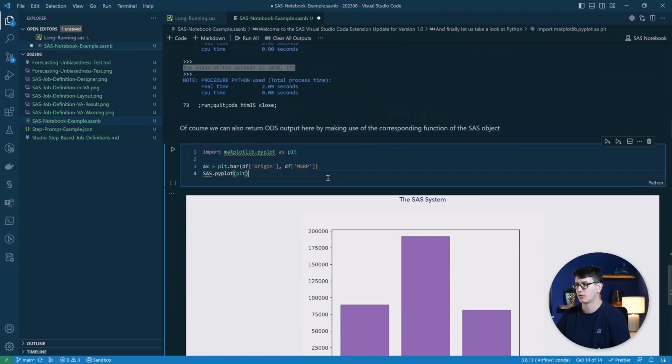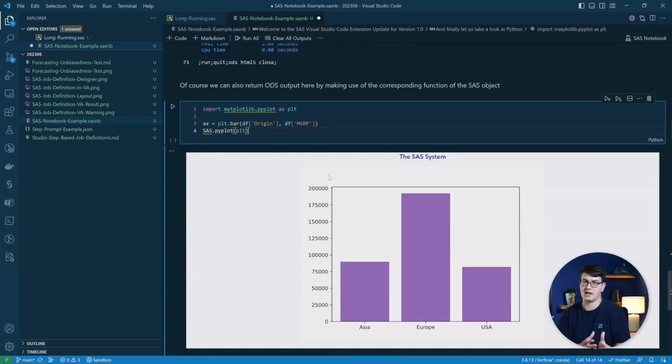And of course, you can also make use of the SAS pyplot method to return those values or the figures that you have generated within Python to be displayed in the interface. This is all the new things you can do with the SAS notebooks to generate your own. You just use the file extension sasnb, and you can save them on your local file system and inside of SAS content, of course.